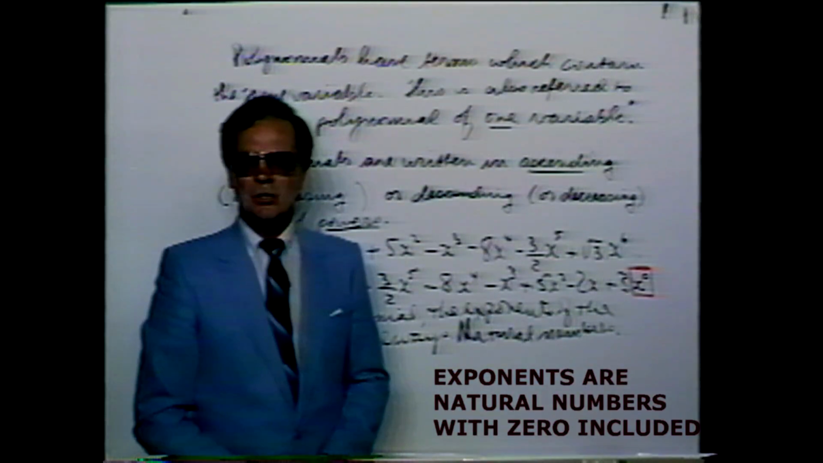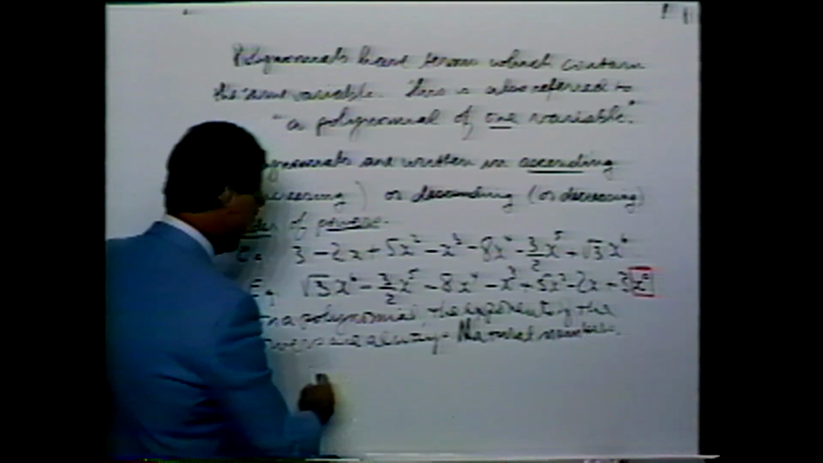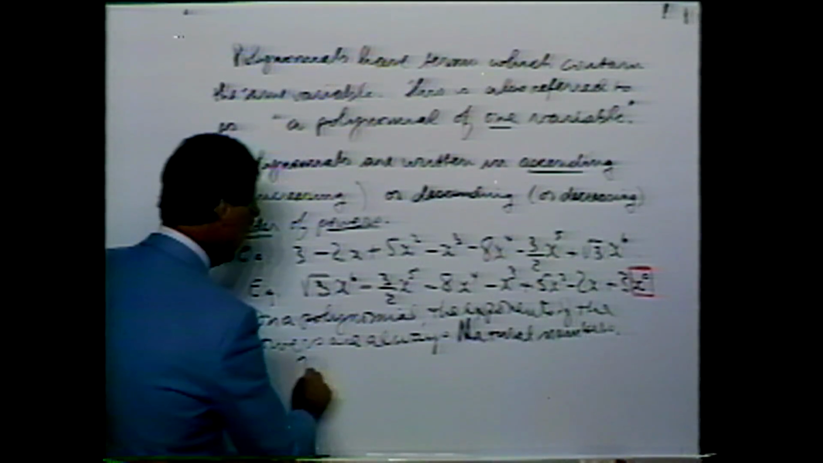This constant term is sometimes called the absolute term. The number 3, the constant term 3,